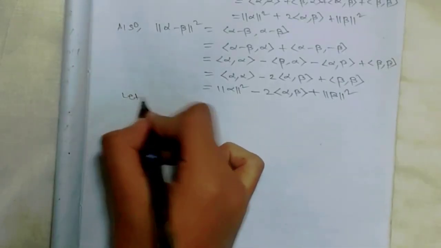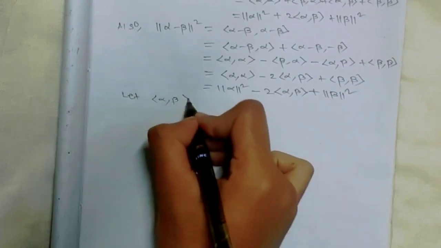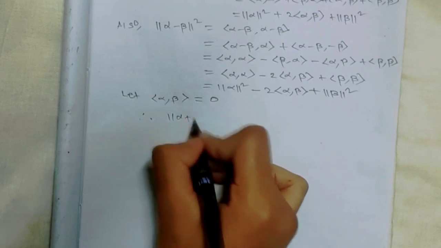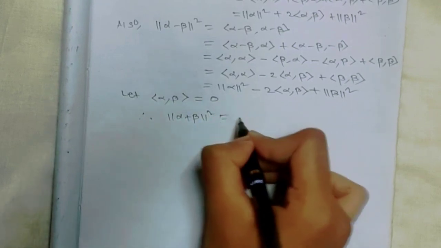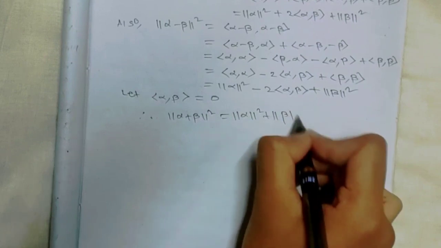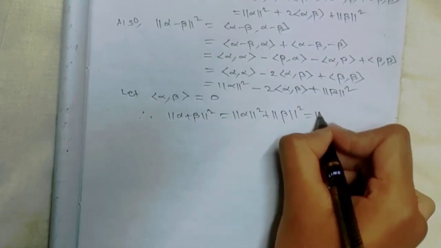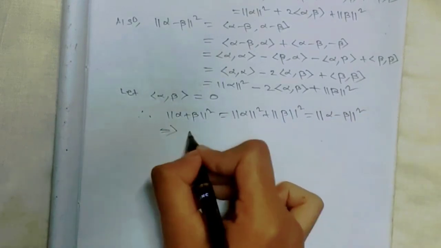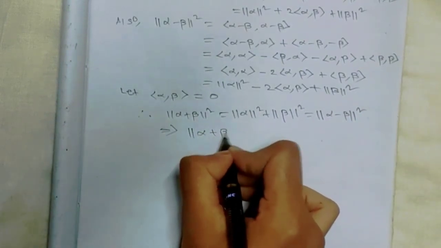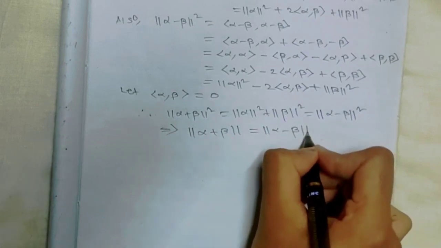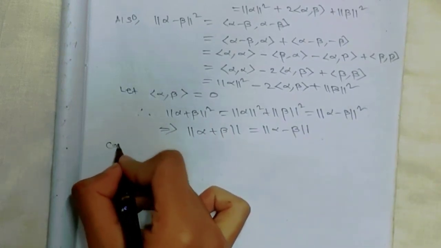Now let the inner product of alpha, beta equal 0. Therefore norm alpha plus beta squared equals norm alpha squared plus norm beta squared, which equals norm alpha minus beta squared. That implies norm alpha plus beta equals norm alpha minus beta. Now conversely,